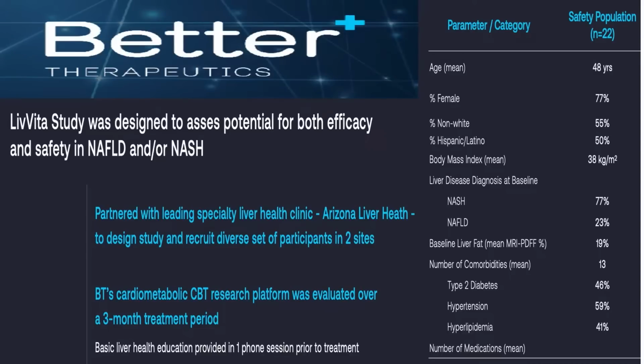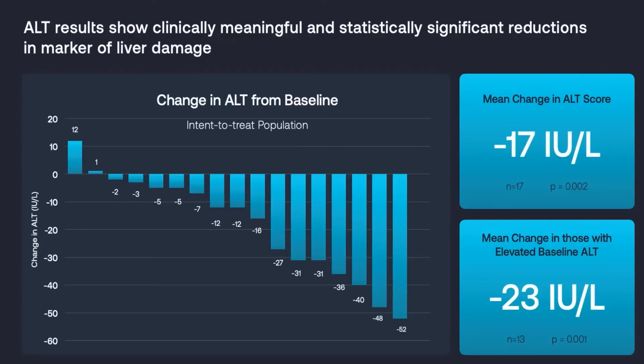Next slide. Here you see a waterfall plot showing reduction in ALT in the majority of patients using the app. In fact, if you look at patients with elevated ALT at baseline, we were able to reduce their ALT by 23 units per liter from baseline. We have several studies showing that if you reduce your ALT by 17 units from baseline, this corresponds to improvement in NASH and NAFLD activity score. So this looks promising, but this is again a pilot. There was no placebo, and it was only 90 days. But we are looking now into doing a larger study that will include a sham app. Next slide.